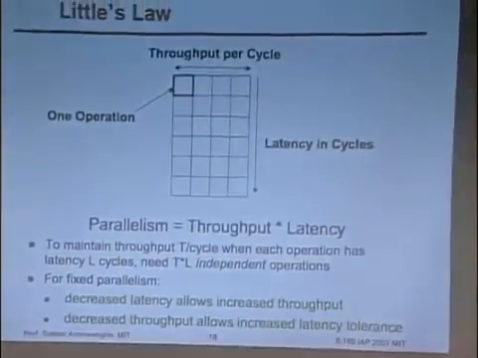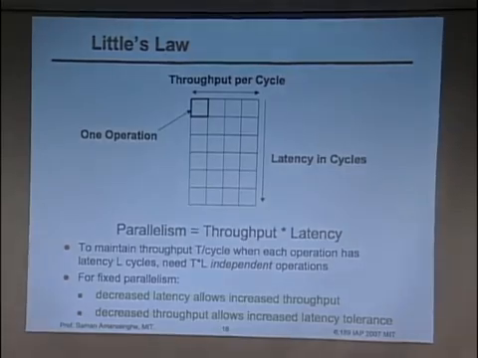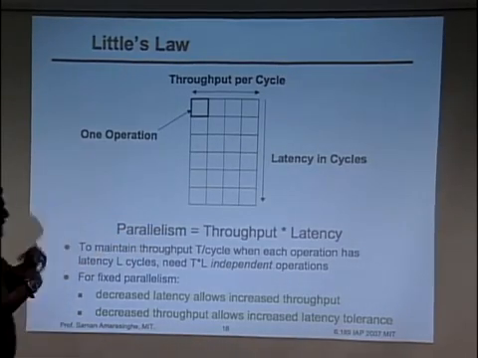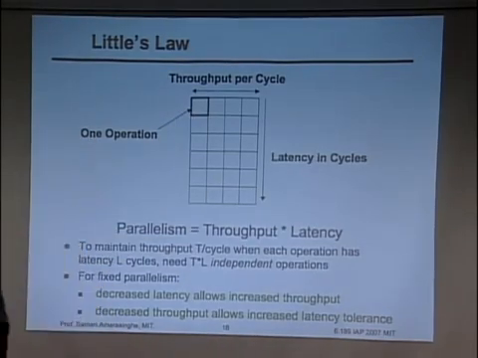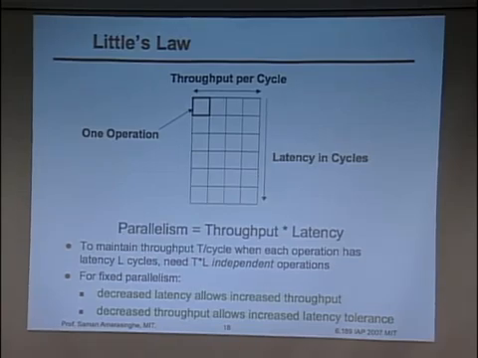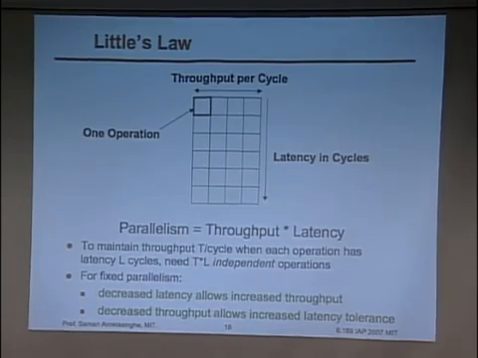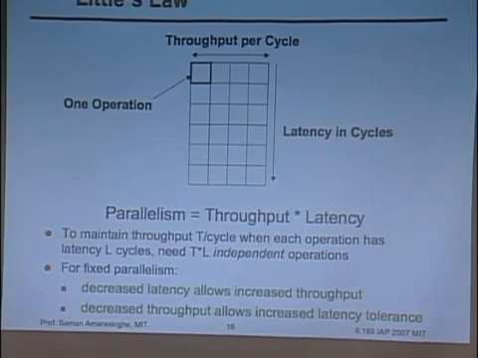So if you think a little bit about parallelism, what's interesting is Little's law. Little's law says parallelism is basically a multiplication of throughput and latency. So the way to think about that is the parallelism is dictated by the program in some sense. The program has a certain amount of parallelism. If you have something that has a lot of latency to get to the result, that means there's a certain amount of throughput you can satisfy. Whereas if you have a very low latency operation, you can go much